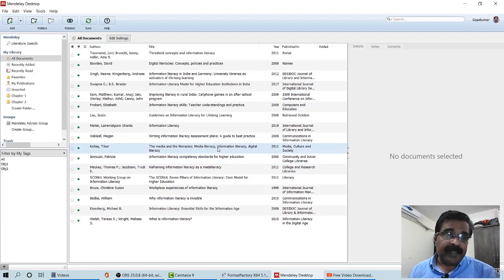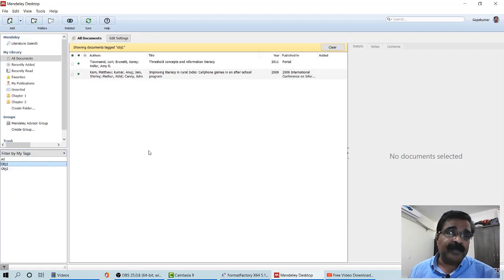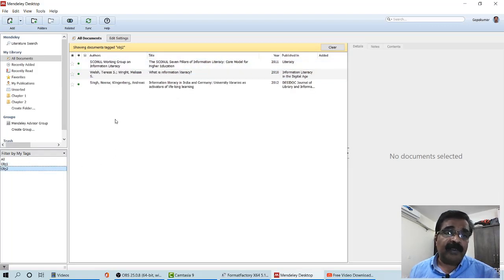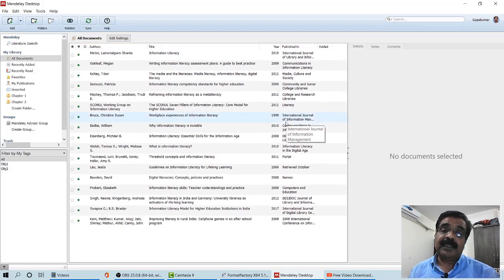Now to identify them, in the tags column, click here and there is something called My Tags. After that, select OBJ1. All those which are tagged as OBJ1 will be available here. When you click on OBJ2, another set of 3 will come. This way, you can tag the references and organize them in a particular way.